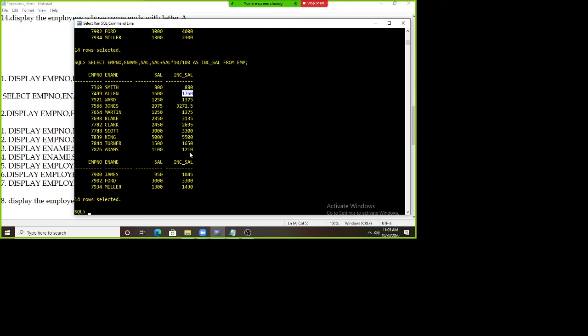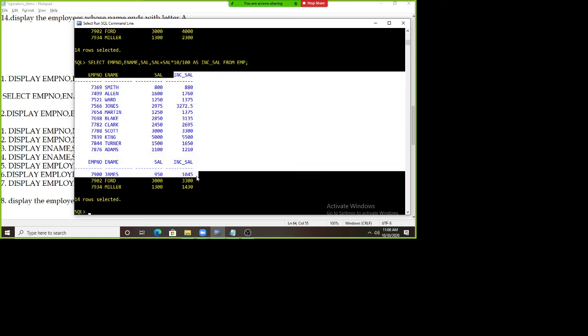So what we want you to understand here is how to use the operators in a query. That is one point I want to highlight. And the second thing is that the tables already exist. Now here this increment salary is not an existing table.